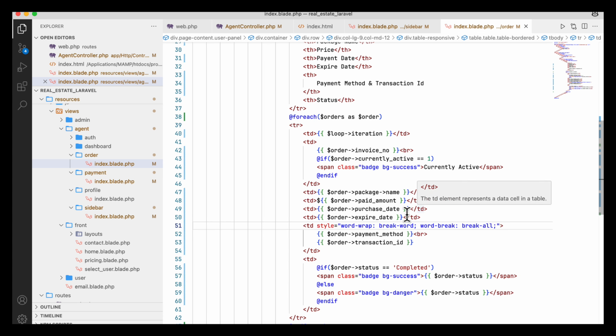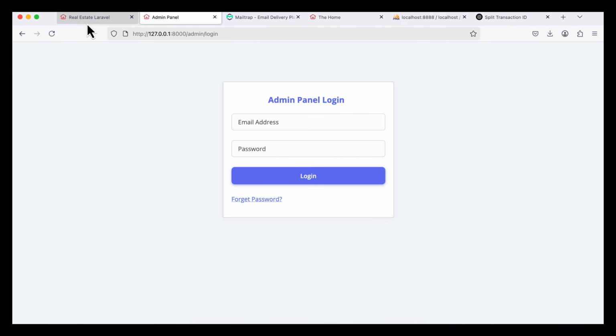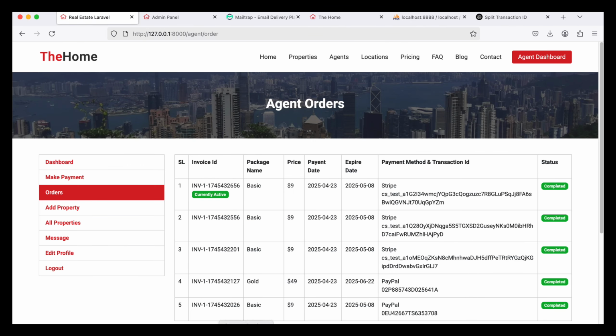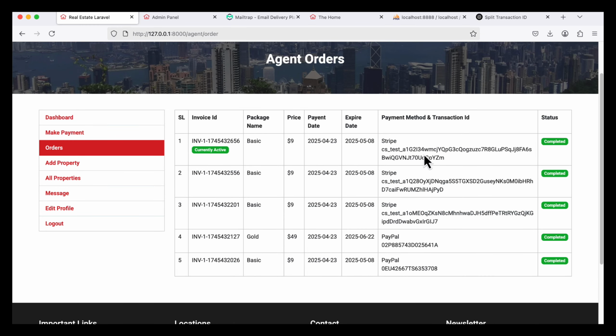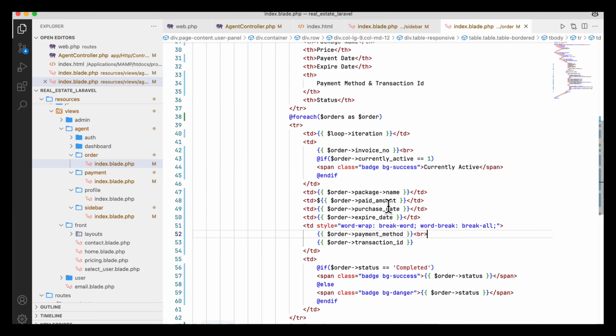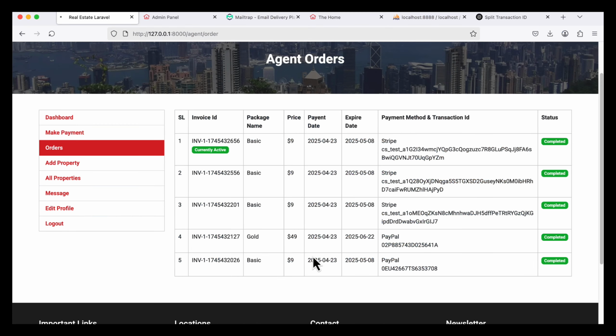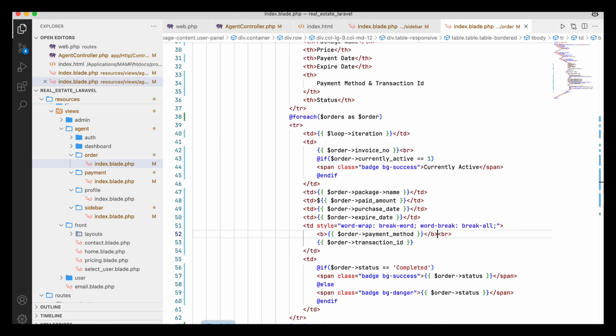So if I use this one, word-break: break-all, okay, word-wrap. So if I use it like this, you see this is broken. So it automatically breaks this into two lines here, and this one you can put as bold, and this is okay. So this is the payment ID and transaction ID, and the last one, what will happen, that is the